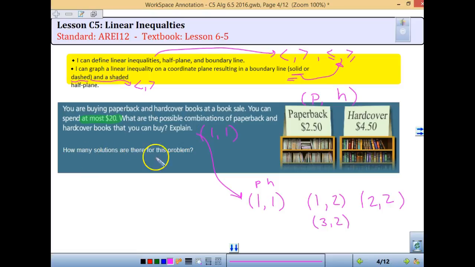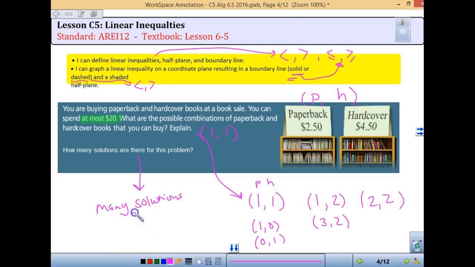So the question is, how many solutions are there for this problem? Could I have bought 1 and 0? Is that a possibility? Yeah. Or I could have bought 0 and 1, right? So how many different solutions are there to this problem? There are quite a few. We do not want to try and list all of them. Okay? So we have many solutions, and what we are going to do at this point is we would want